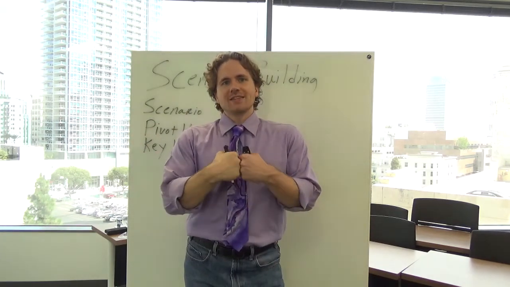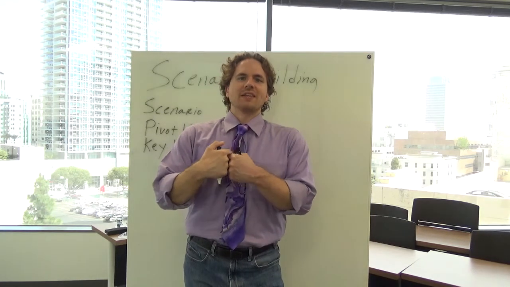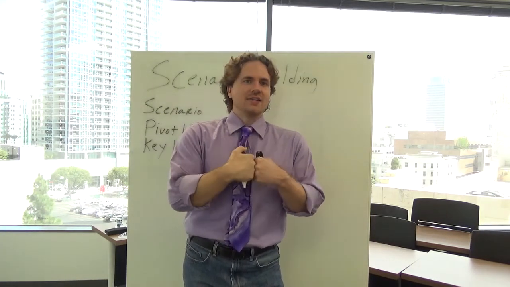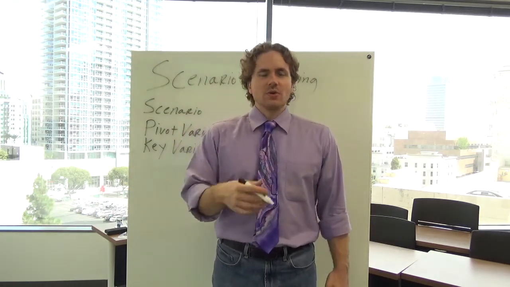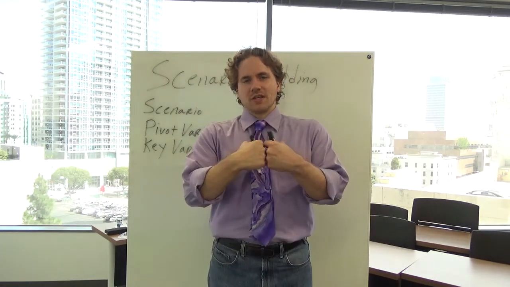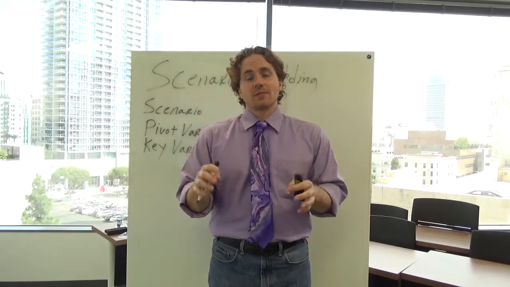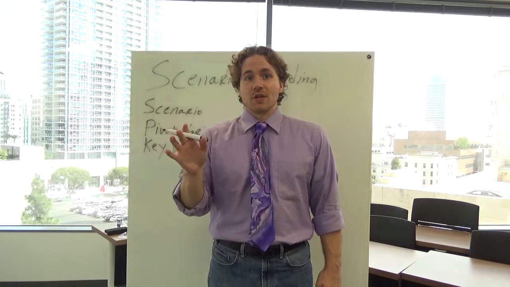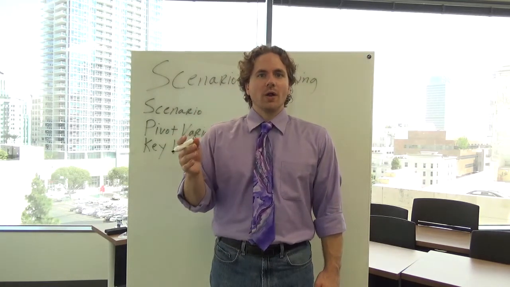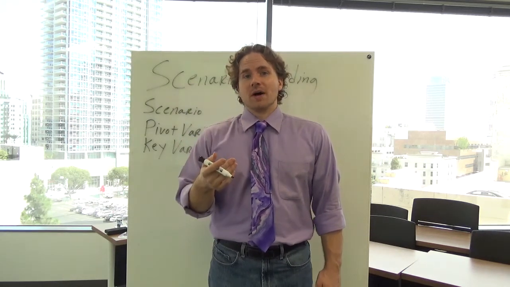So you're acting like a historical fiction or a science fiction writer. You are blending the fantastic with the obvious, and that's what makes a good narrative. What I like to do is smash these together, 1 key and 2 pivots, and do that 3 times to come up with 3 mini scenarios. I write a little narrative to go with each mini scenario, and then I pick one particular narrative that I would recommend to the boss.